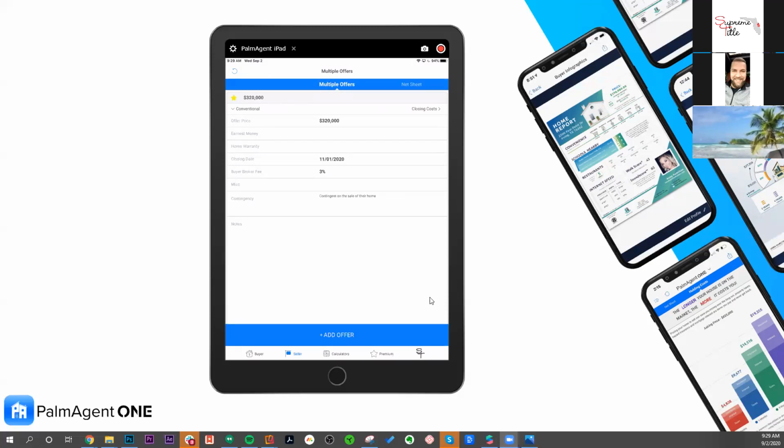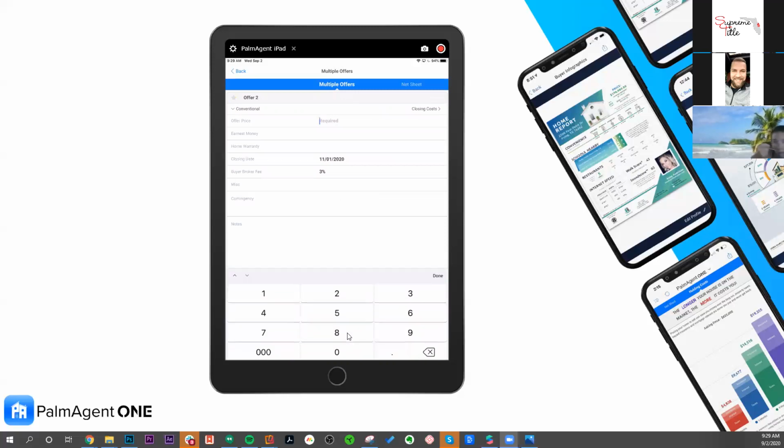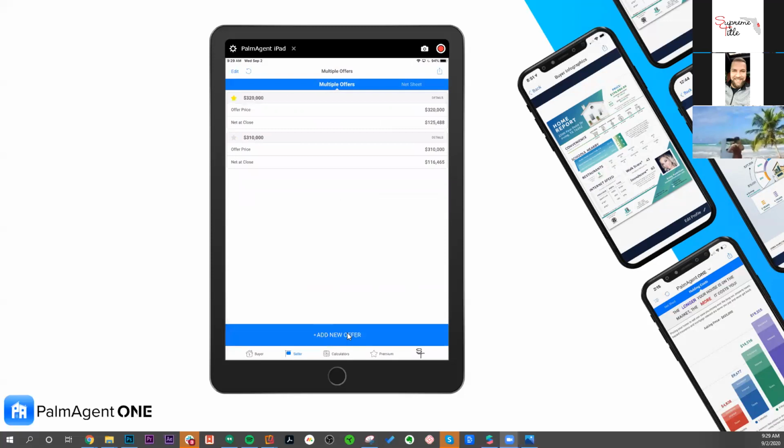Any additional offers would be added with this add offer button in the bottom. And I'll just add a couple offers real quick. I'll just do 310 and I'll leave everything else the same, and one final offer that I'll add in, and I'll say, hey, this one's an FHA where they're offering maybe 330. Just to make a few different offers and show you guys what that offer comparison looks like